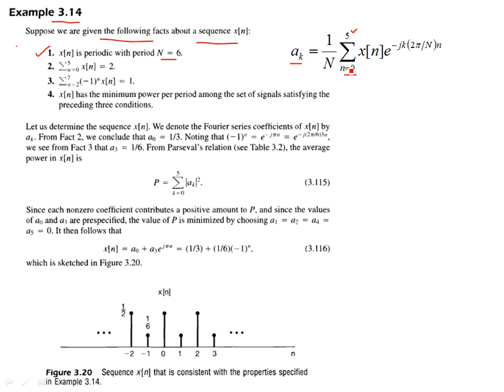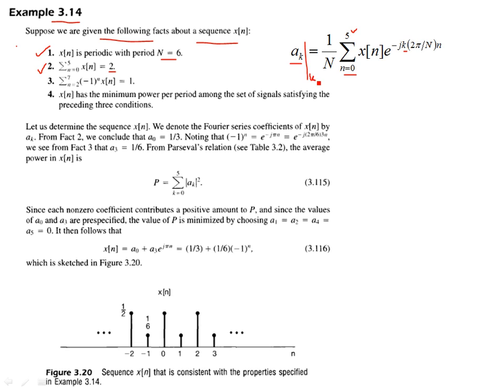Again, the series is finite, consisting of capital N number of terms, 6 terms. So this is my Fourier analysis equation to evaluate the Fourier coefficients for the given k. Okay, and it's given that over one period, the sum of the samples is 2. So what it means is that if I substitute k equal to 0,